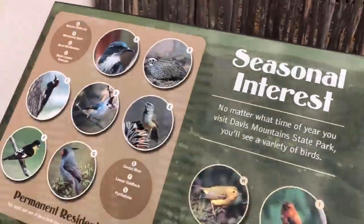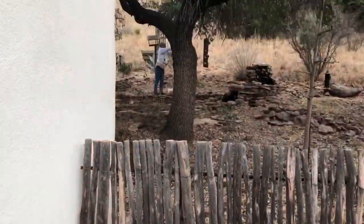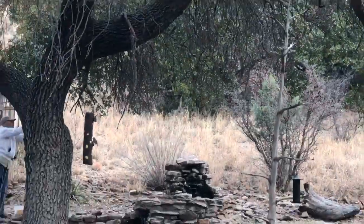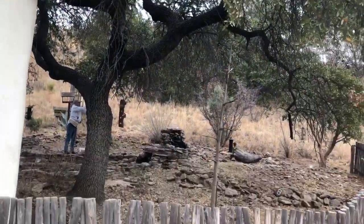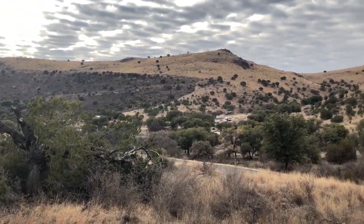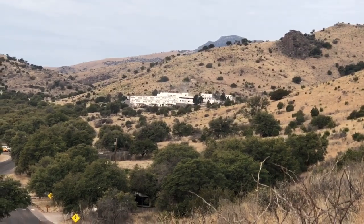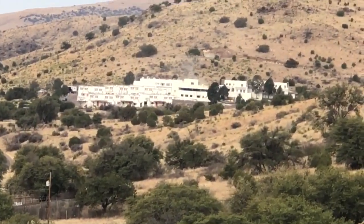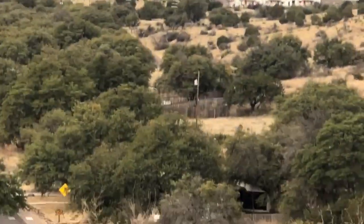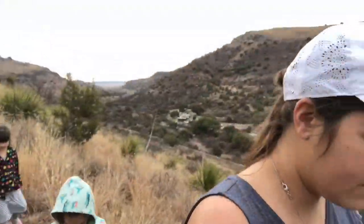The next morning, after staying in the Fort Davis RV Park Hotel, we went to the Indian Lodge State Park, which was really neat. There's lots of wildlife, lots of scenery. It was beautiful. We decided to hike up the mountain a little bit. There's a glimpse of the Indian Lodge there. It actually was under construction, so we weren't able to go in, but we did get that really beautiful glimpse,